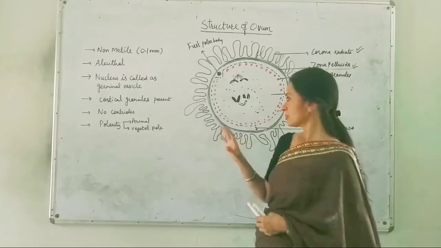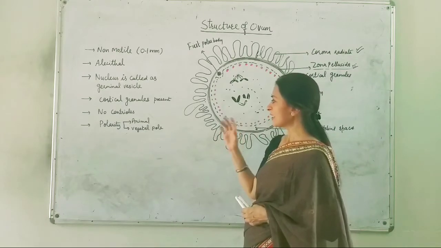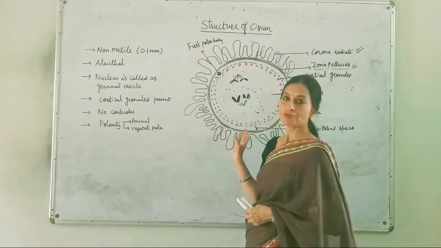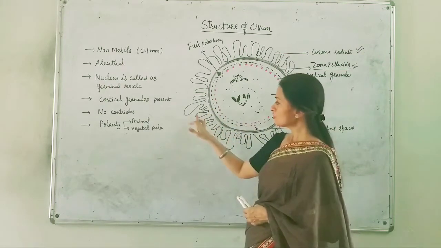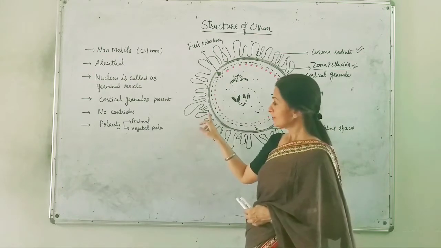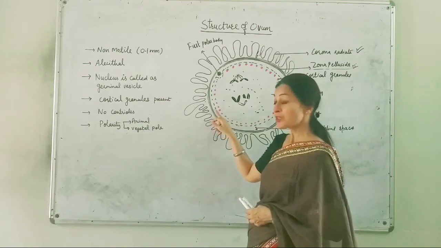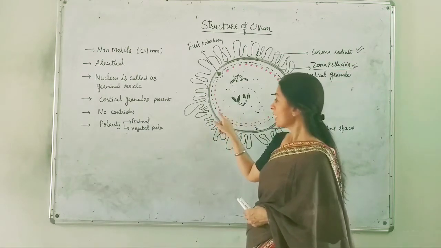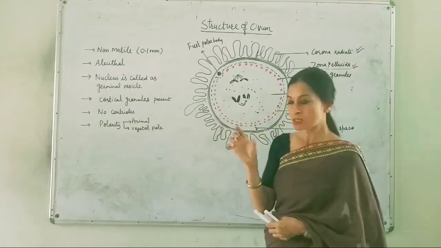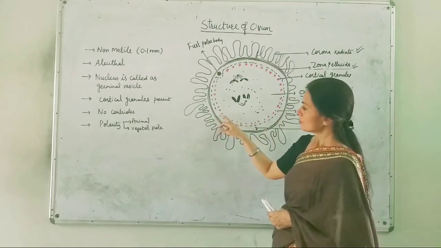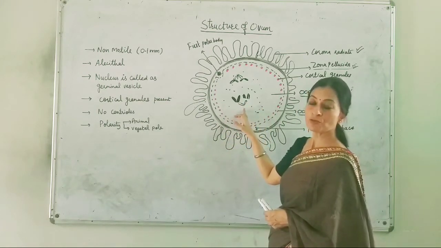So if we see this structure, we can easily find out that there are a number of layers of this egg. If the sperm cells want to fuse with this egg, they have to cross a number of layers. Like first of all, they have to cross the corona radiata, then the zona pellucida, then there will be a space, the perivitelline space, then the plasma membrane or the oolemma, and the cortical granular layer. So there are a number of structures present which the sperm has to cross before fusing with the nucleus.